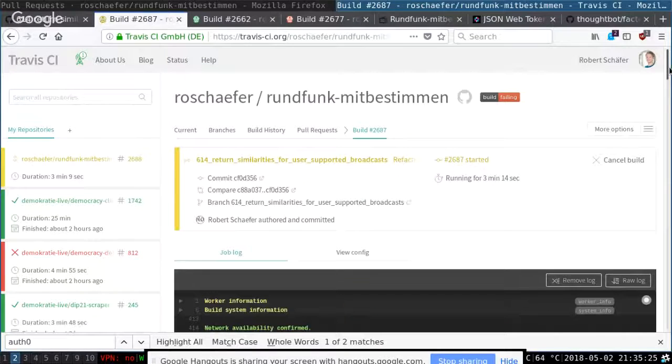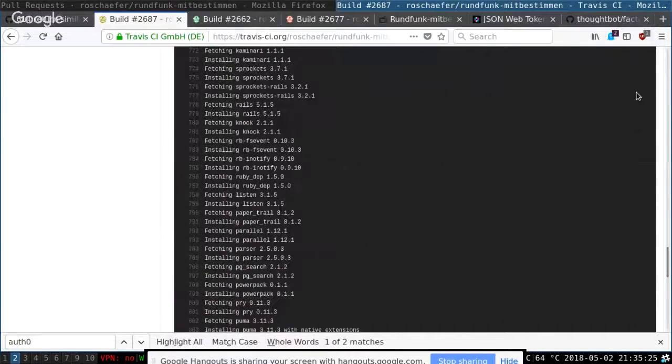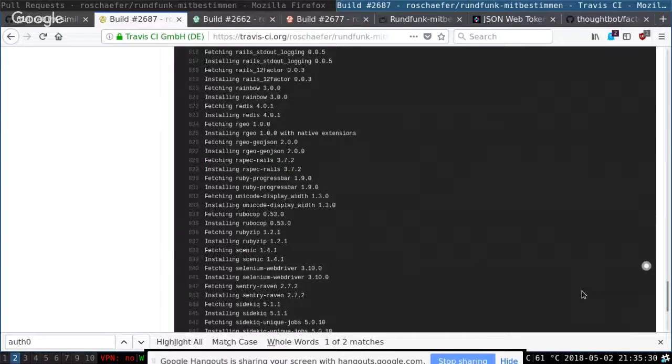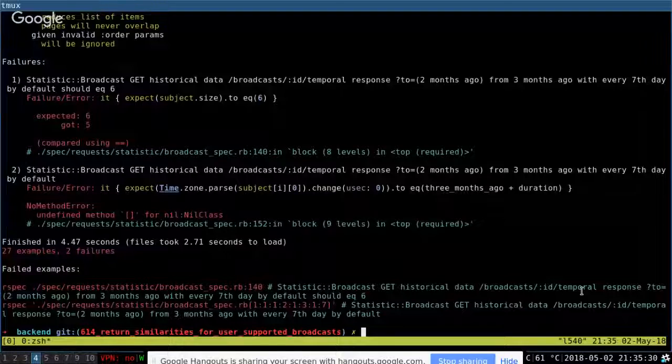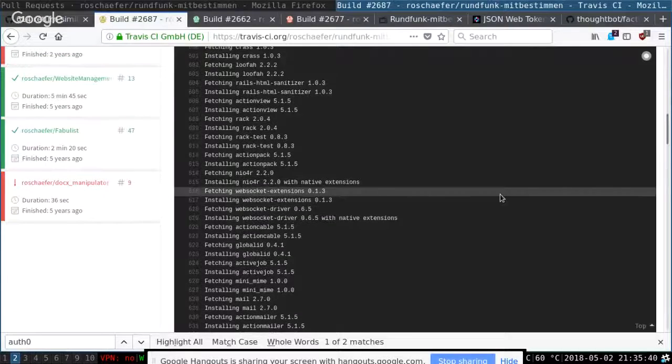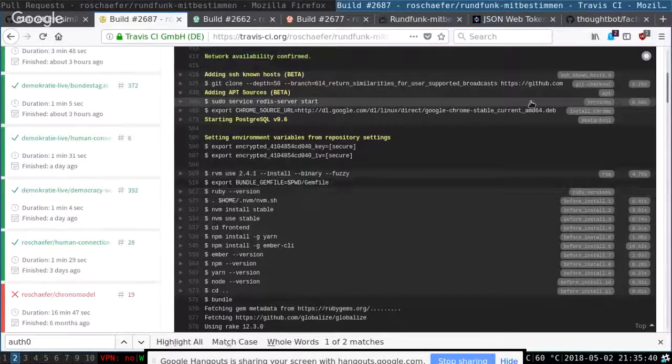I mean, we have some dependency. It could be a dependency problem. Paper trail obviously is a dependency problem because it's failing on a laptop, and it's not failing on the build server. So I guess the build server is installing something that lets paper trail behave differently.